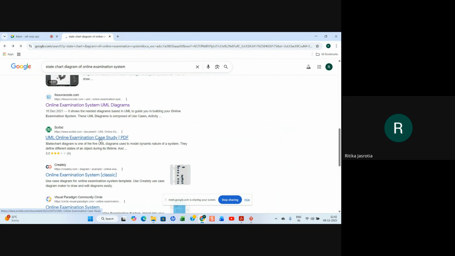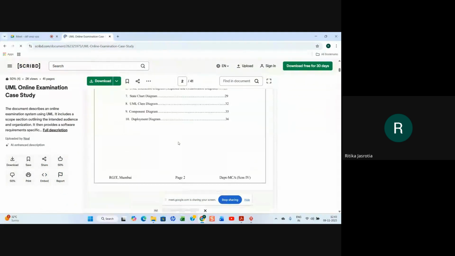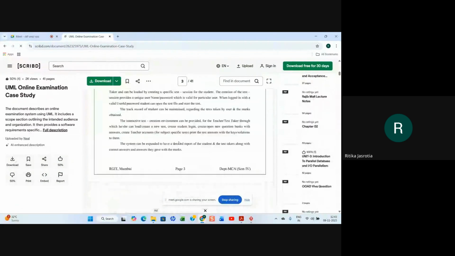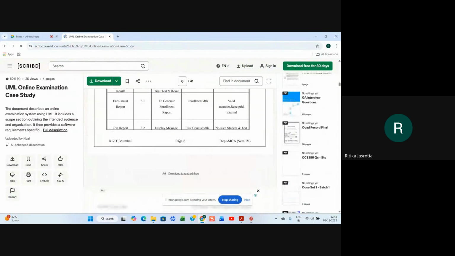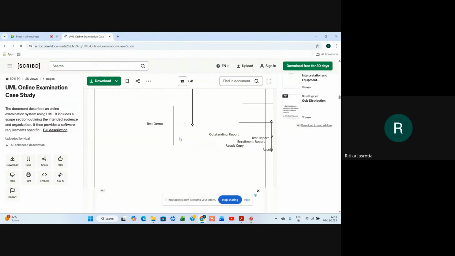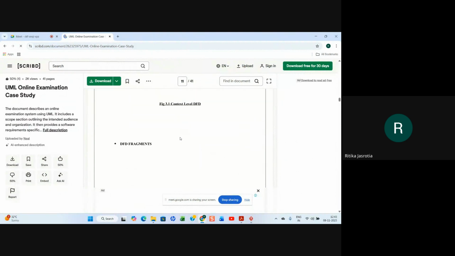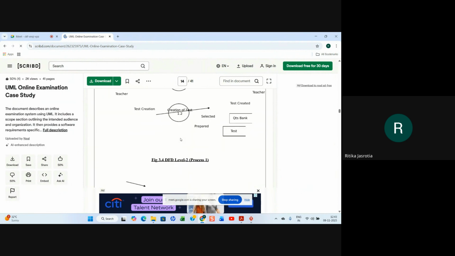Case study. I don't know if it will show all the pages or not. The diagrams are not there. This is DFD.